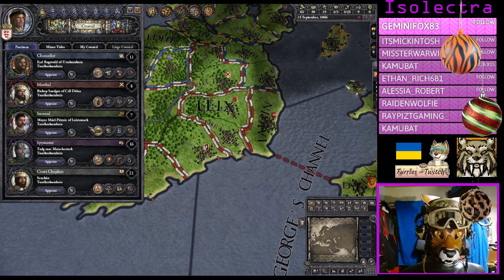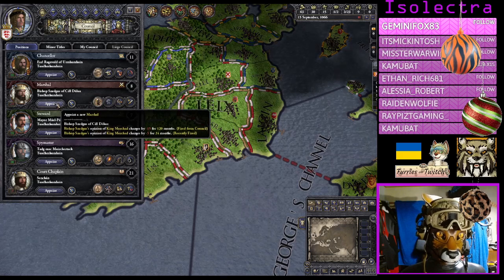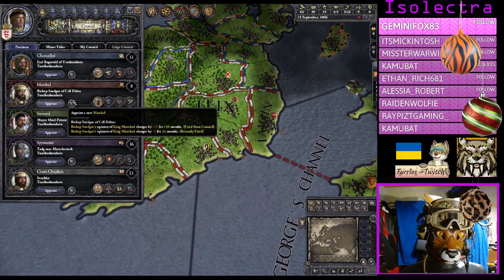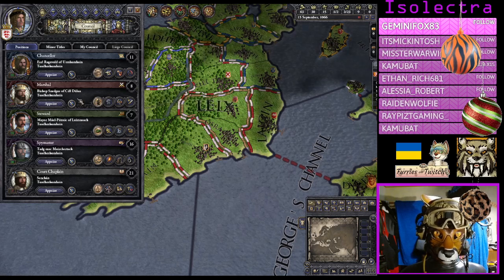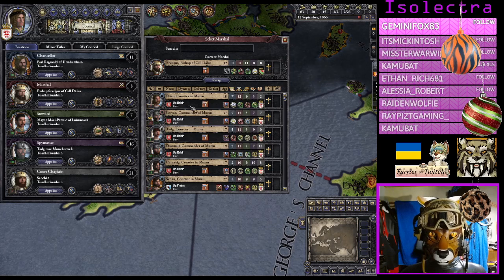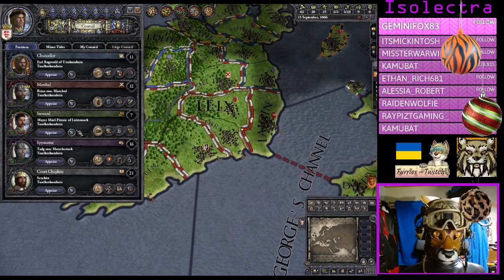So there we go, and we should have a marshal because like Mr. Bishop is our marshal with marshal skill of 8, like would you please step aside? Even some courtiers have like 12. Yes, and